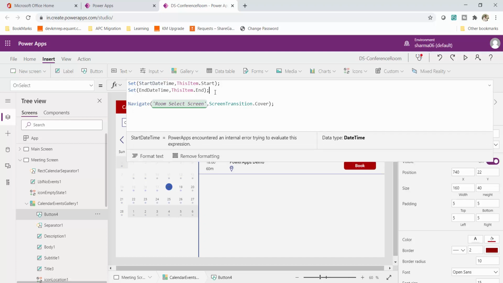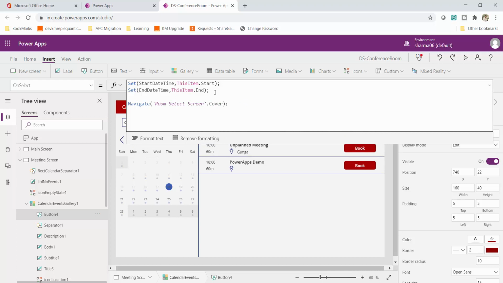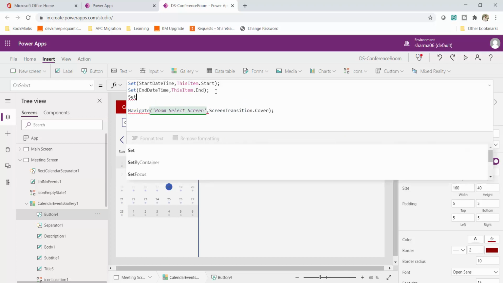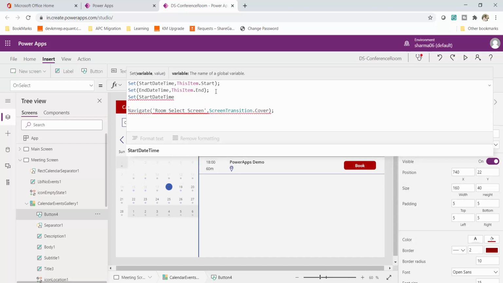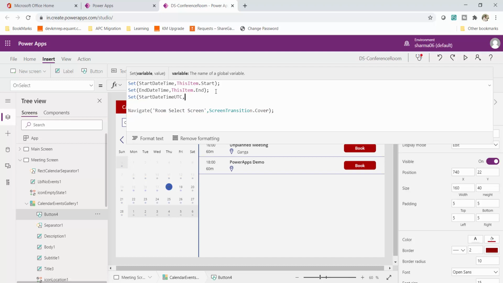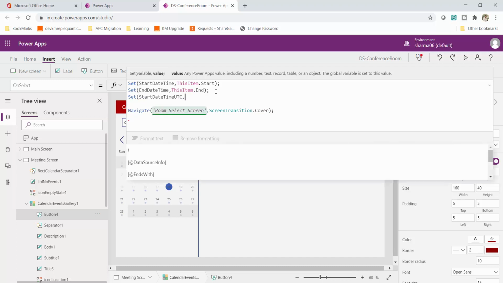Now I want to convert this to UTC. To convert, there's a very simple formula we can use. I'll say Set, start date time UTC, and now I have to convert it to text. I will use the DateAdd function, as I told you. With the help of the DateAdd function I can convert my start date time to UTC.